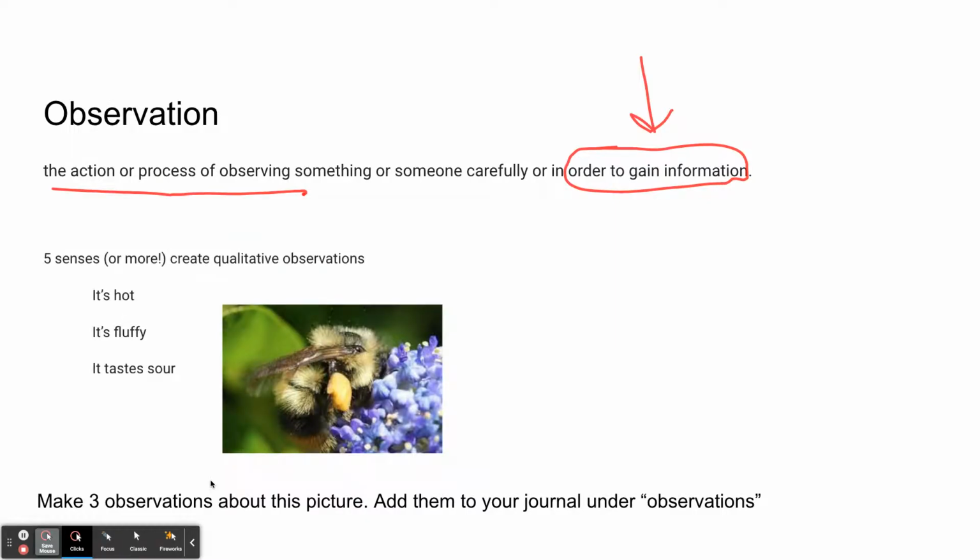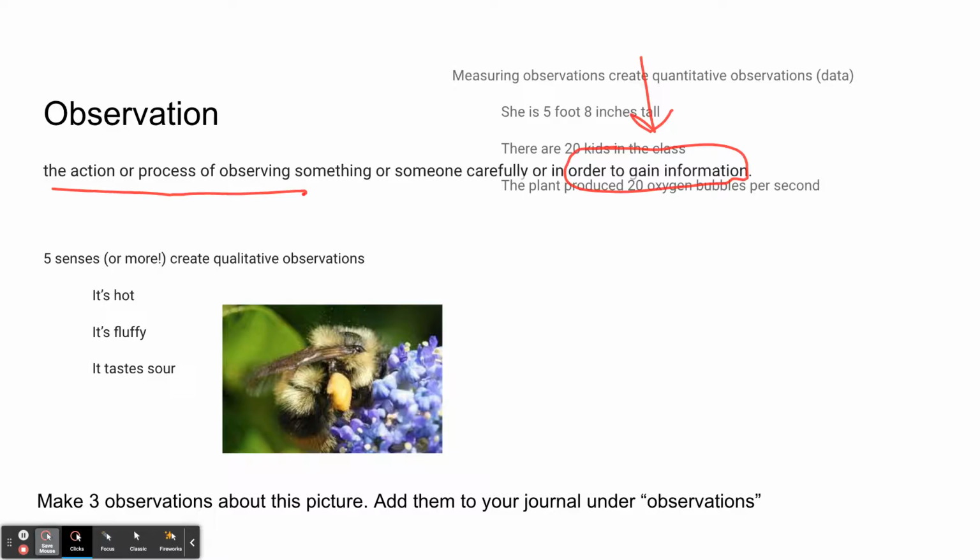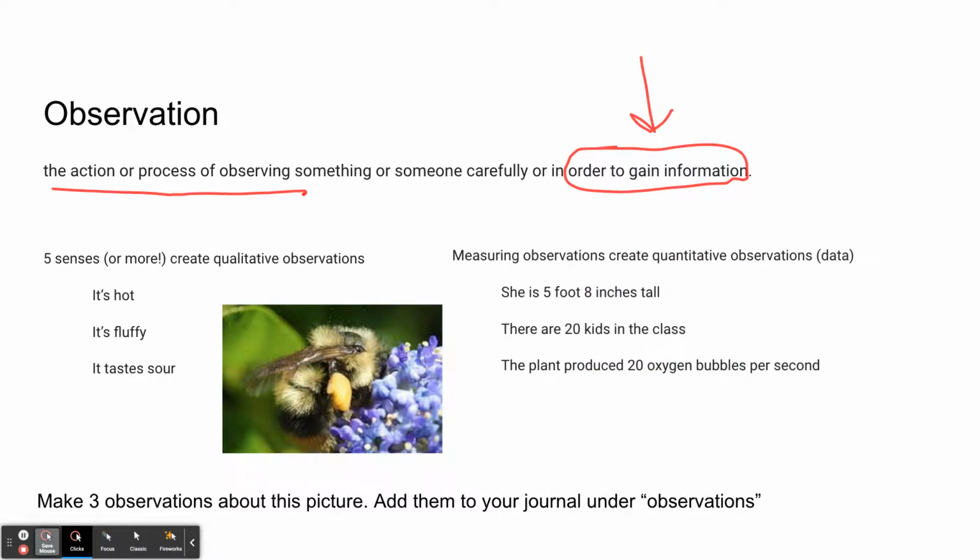There we go. So the first one is, a lot of times when you're just kind of starting out, you tend to use your senses to observe, right? You look at things, you touch things, you smell things, you taste things, hopefully not in the lab. But those are what we call qualitative observations. And those are just as important as the other kind of observation, which is quantitative. So quantitative observations are basically data that we collect, right? Like I might